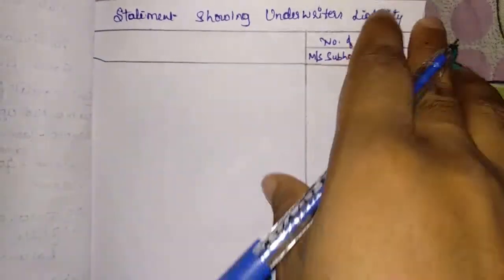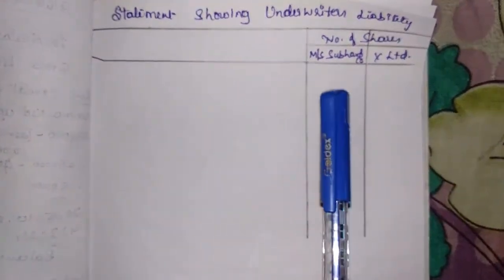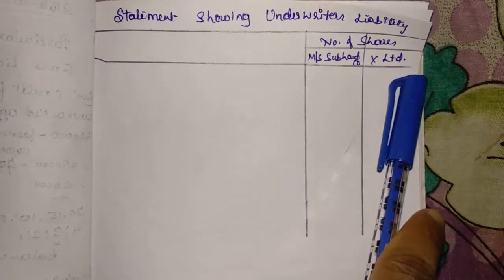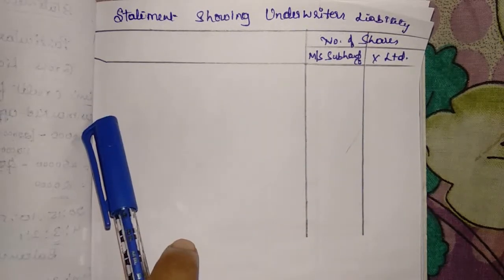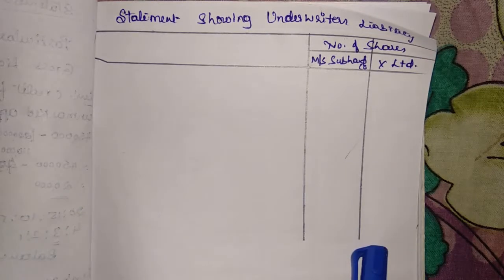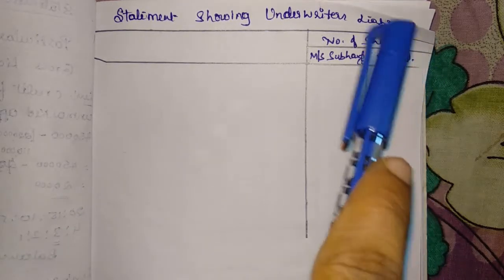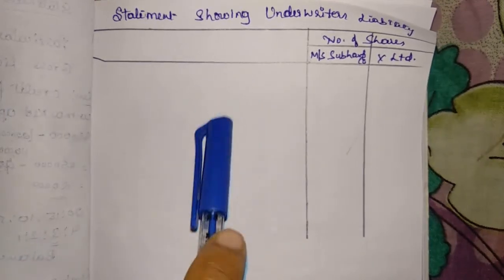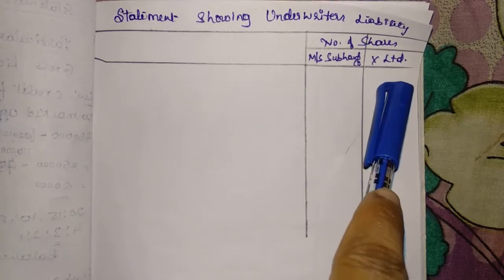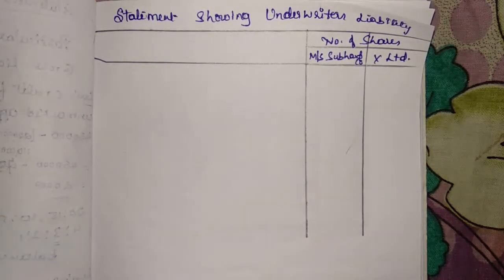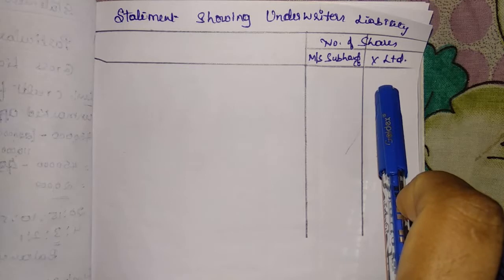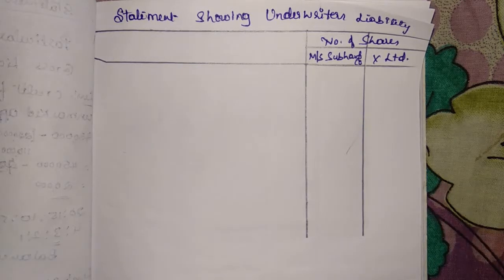Here underwriting is for part of the issue, that is 80% of the issue underwritten by Subhas and Company. So for the non-underwritten part, the company becomes the underwriter. That's why we need to calculate the liability of the company also, because it is also an underwriter for the non-underwritten shares. And unmarked applications become marked applications for the underwriter. Unmarked applications are deemed to have been marked applications for the company.